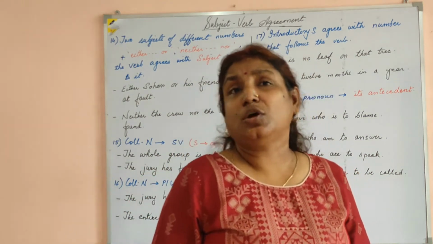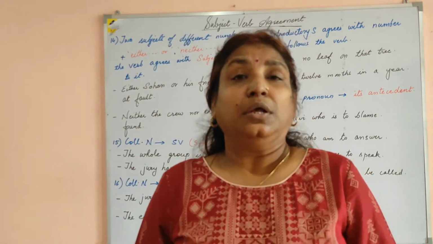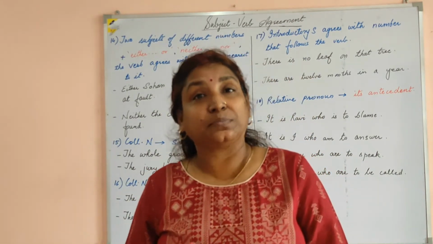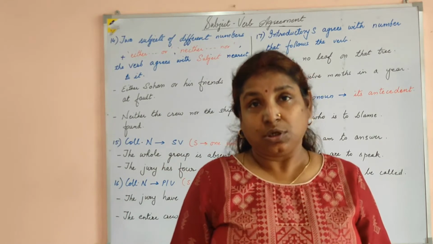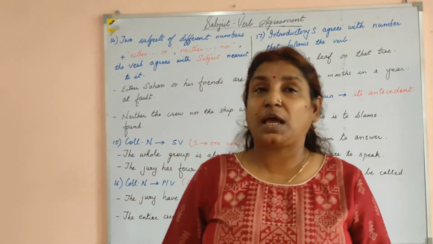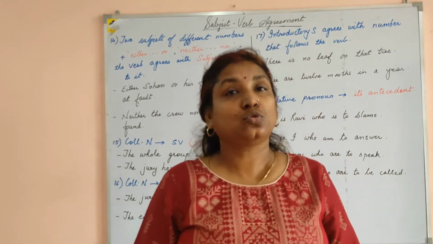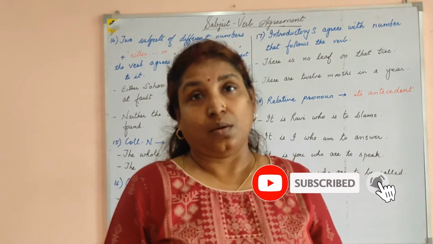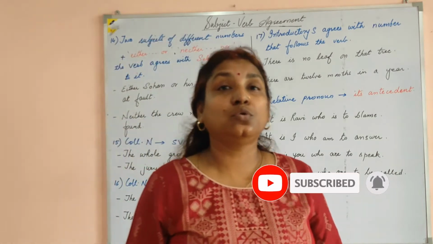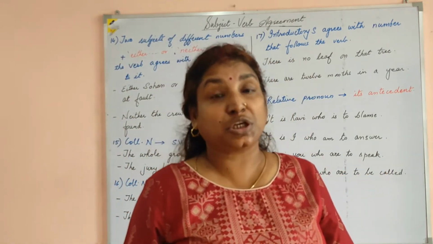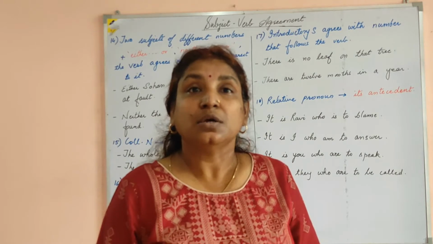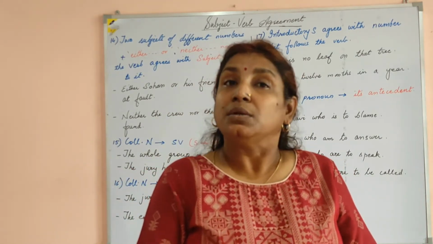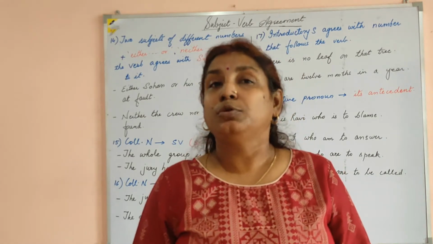Welcome to the last section of the subject verb agreement. Here we are going to study those rules which have subjects of different numbers. Till now, most of the rules we have studied had two subjects and both the subjects were similar in form. Depending on the use of these singular subjects, both singular subjects in a sentence, we used the number of verb, meaning the singular verb or the plural verb.